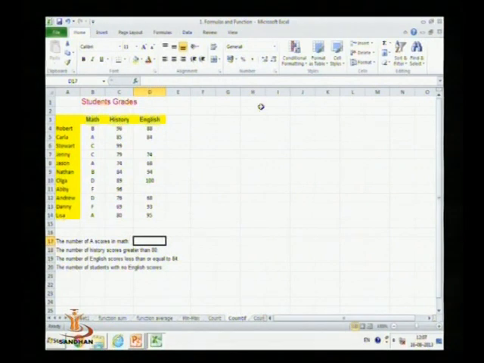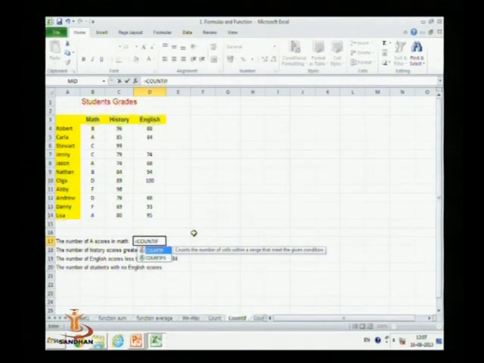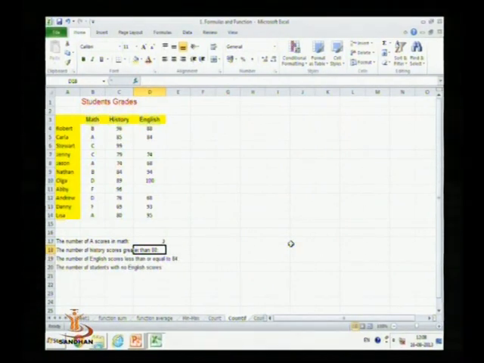Here give the function COUNTIF. Write COUNTIF, then a comma, then select the range as all the grades given in the mathematics subject, and give the criteria as A. It will calculate that there are 3 students who have A scores in mathematics.